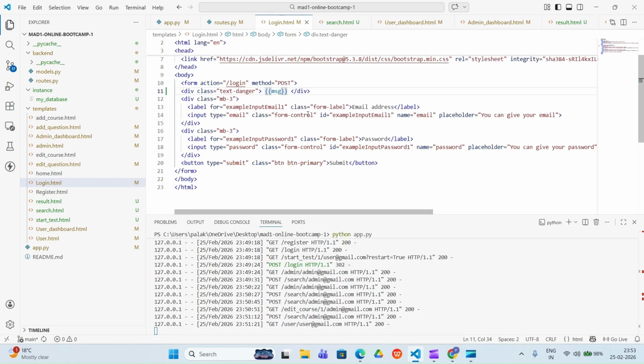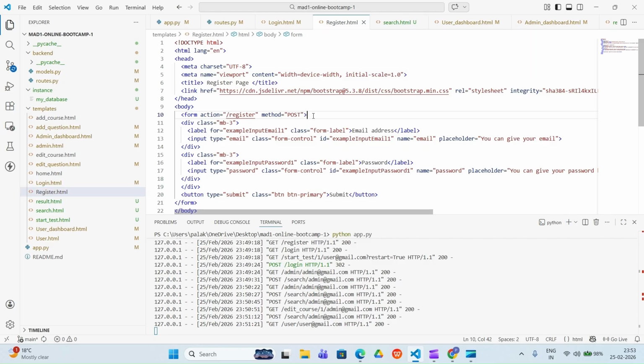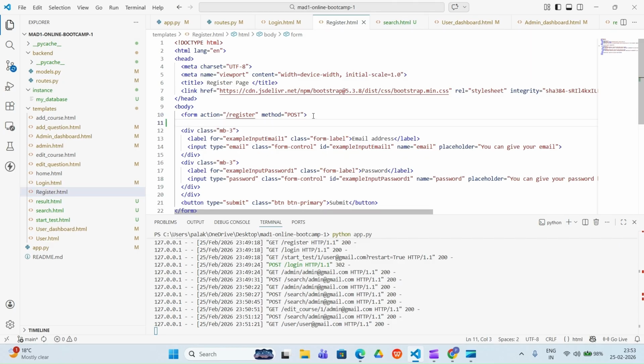Similarly, we can do this for register.html also, so let me write the same there, and let's see whether it is working or not.